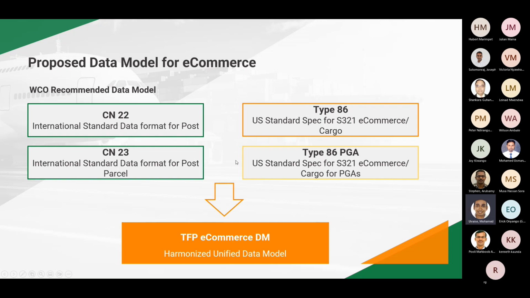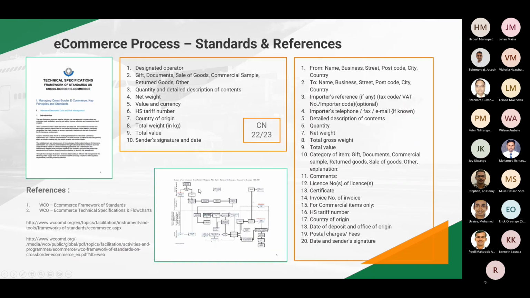We have incorporated these elements to come up with an e-commerce data model to basically acquire this data in this particular format. So this is just a snapshot of the different standards that we are leveraging on.